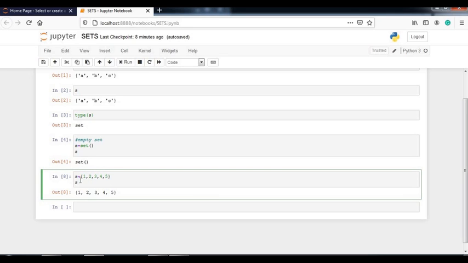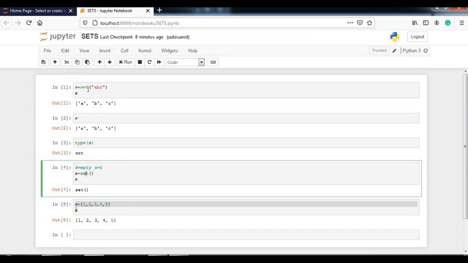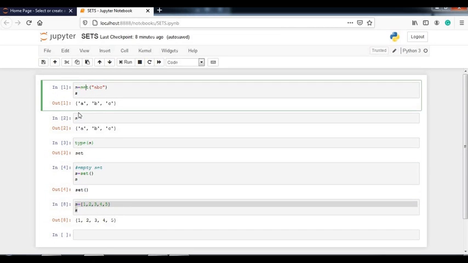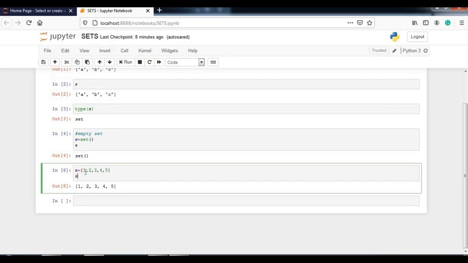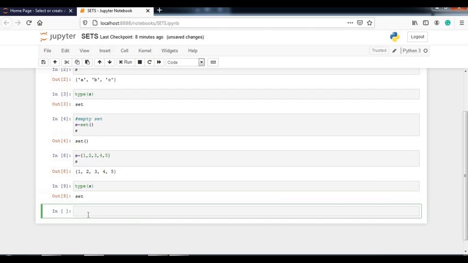See, here is an example. In this way you can also create a set. Previously I wrote set with blank parentheses, and I also used set with some value in it. It will also create a set. When you simply provide S equals some values within curly braces, it will also create a set. Just try to get the type of this S if you are not sure whether it is a set or not. It will result in set. So it is also a set.